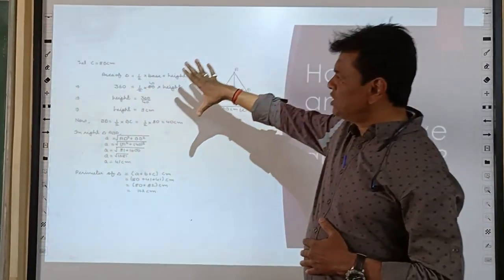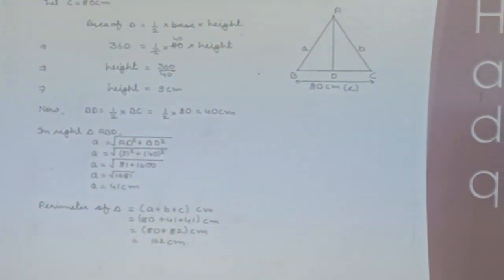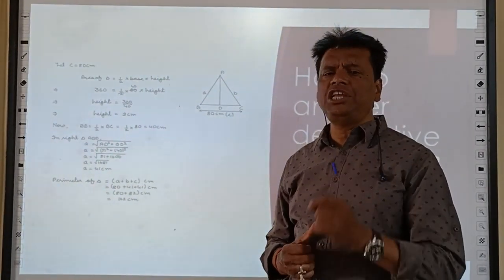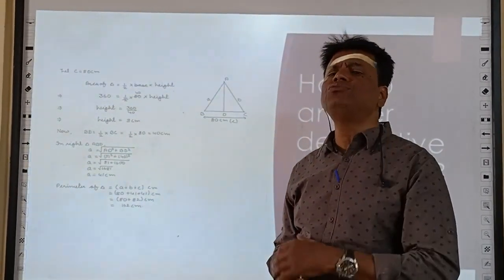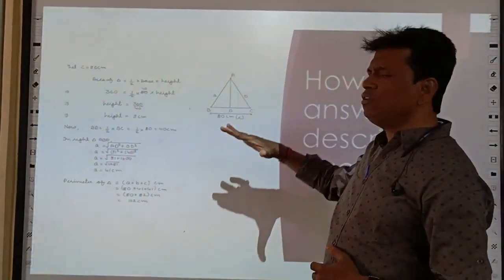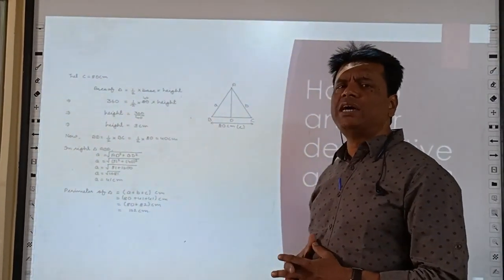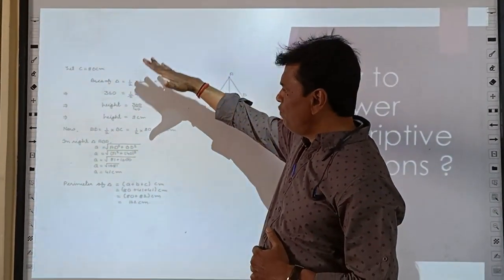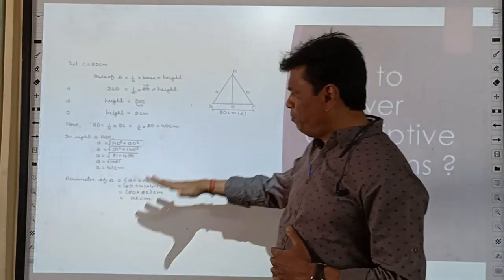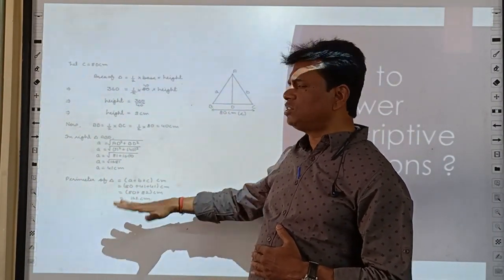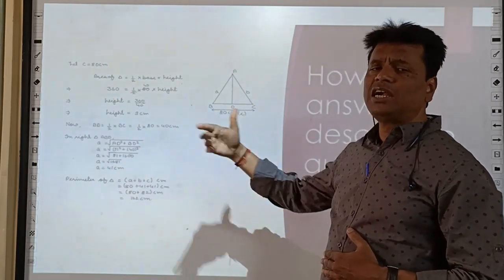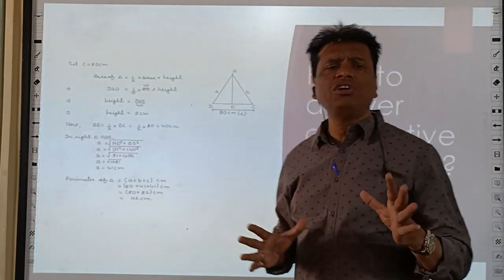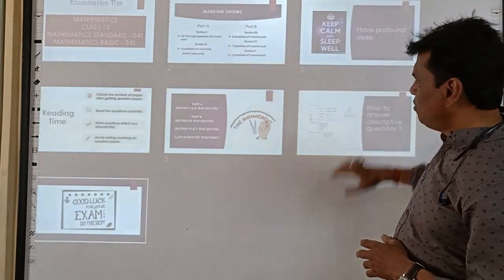As you can see here, after solving each question, this is my advice to everyone: at least leave 2 to 3 lines between two questions, so that no question is missed out by the examiner while going for the correction. So you have to keep it very neat and clean, right? Leave spaces after one question, at least 2 to 3 lines, and then start the next question. While you are doing so, remember that examiners are not going to miss out anything.